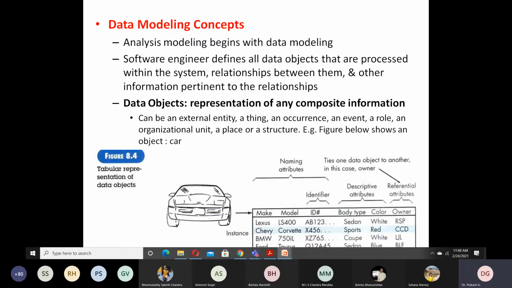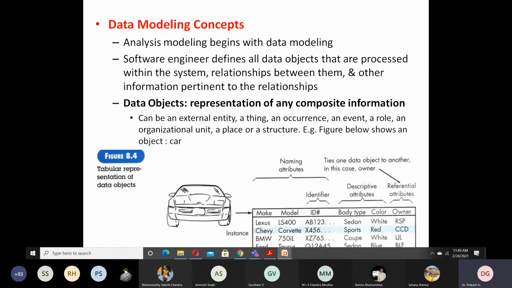So yesterday we started with the data modeling concepts. Under the analysis model, the first thing we have to do is the data modeling. Only then are we going to the scenario based modeling, followed by class based modeling, everything. What we are doing in data modeling is exactly what you studied in your DBMS, database management systems. The core part of data modeling is to define data objects for your project. Whatever software application you are developing, you have to define the data objects. So for that, we have to go for this data modeling.